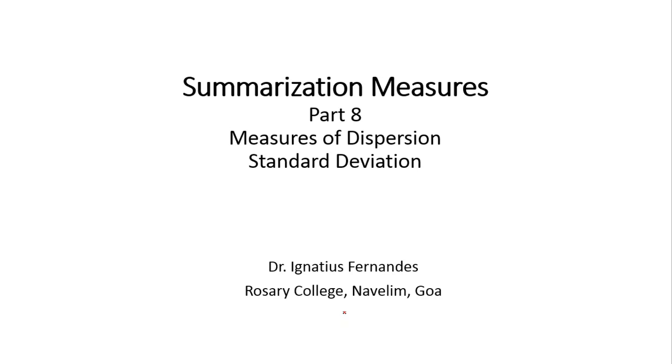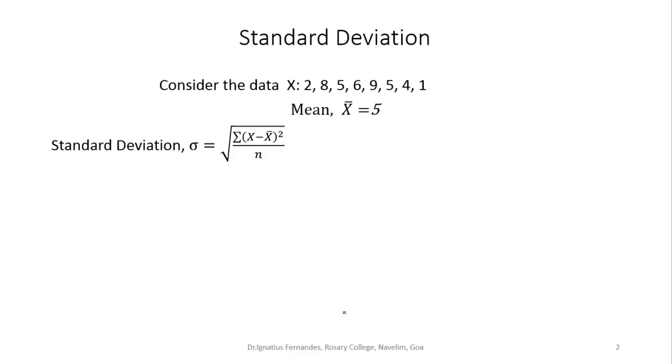Now the difference between standard deviation and mean deviation is that mean deviation calculates the absolute deviation of the data values from its mean. We just take the absolute value of the difference between the data values and the mean or median or mode, sum all those values, and divide by the number of entries. So it is just the arithmetic mean of the absolute values of the deviations. In standard deviation, instead of taking the absolute value, we take the square.